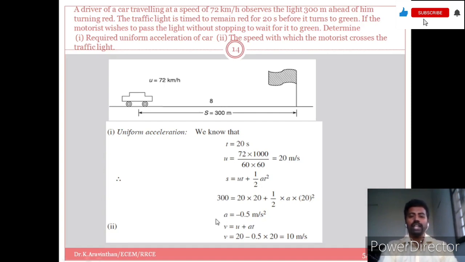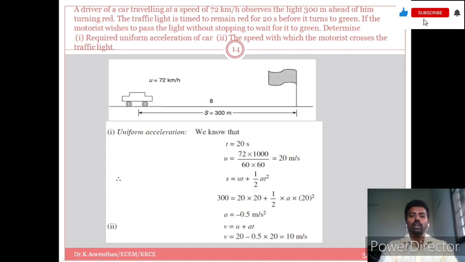Also the second equation which we will use here is v equal to u plus at. Here you know u, acceleration, and t, so you can find the velocity. So let us solve the problem. t is known as 20 seconds and speed is known as 72